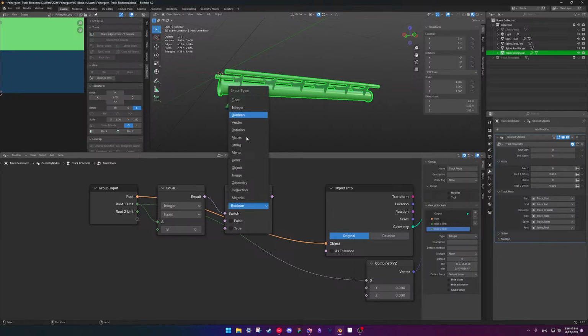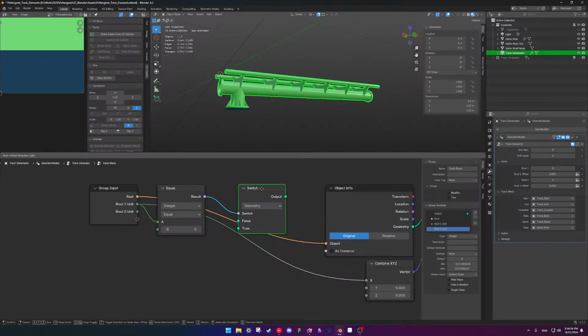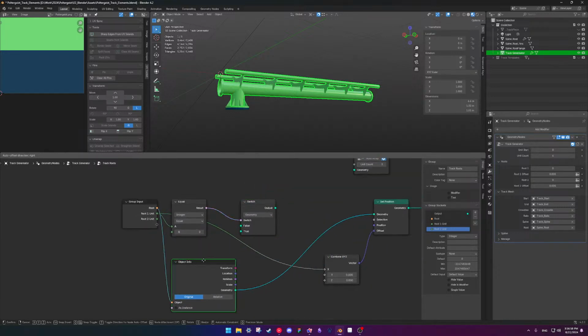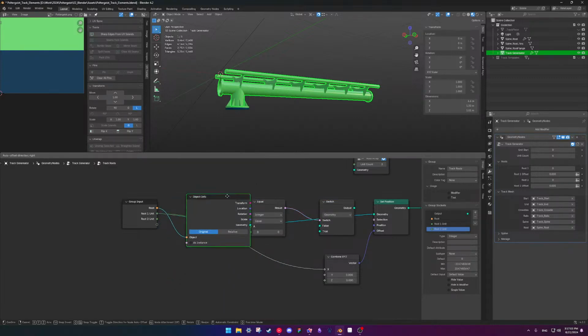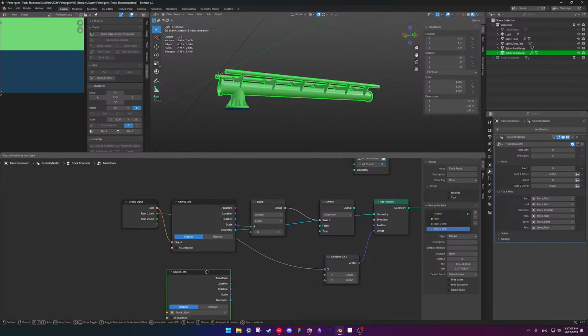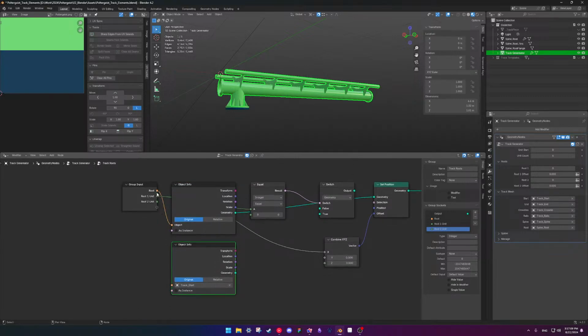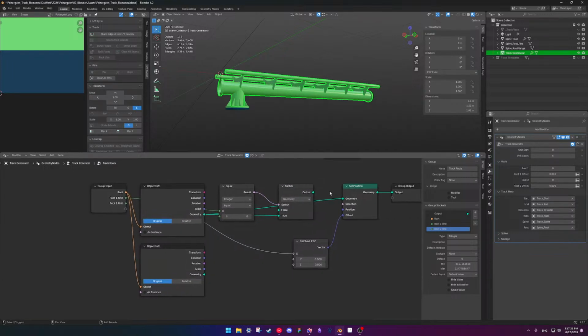No, I want geometry. There we go. So move this. This goes here. I'm gonna duplicate this. So if root 1 equals 0, then for true we're gonna have this there.